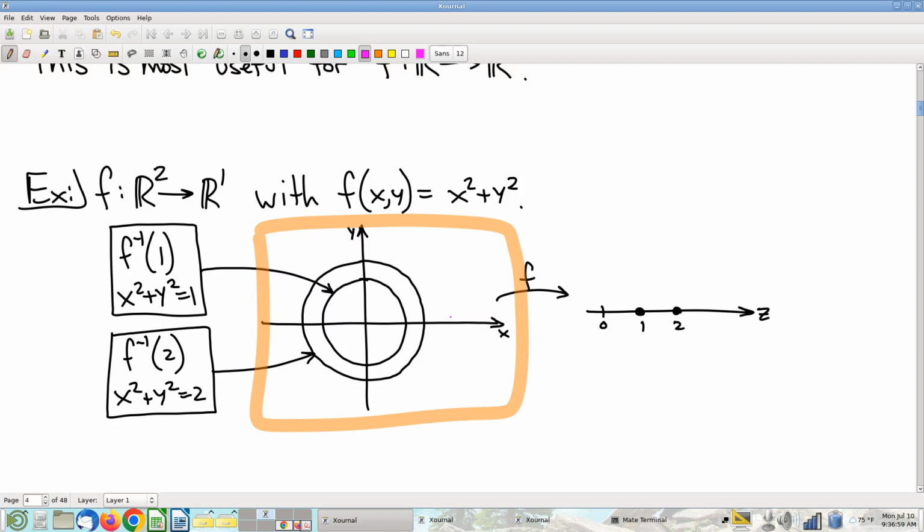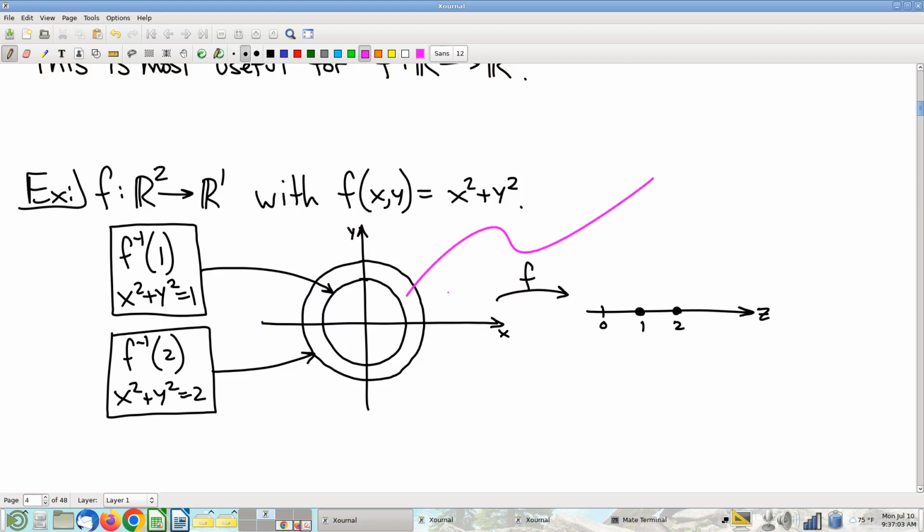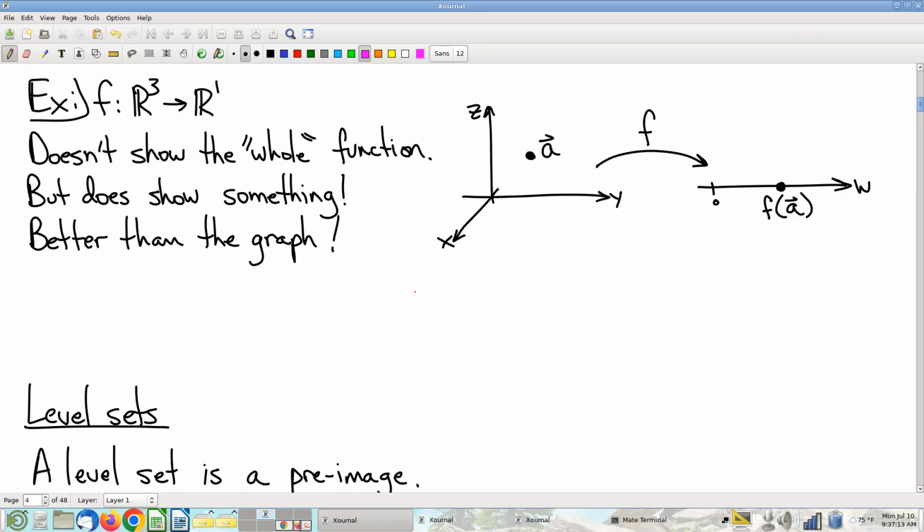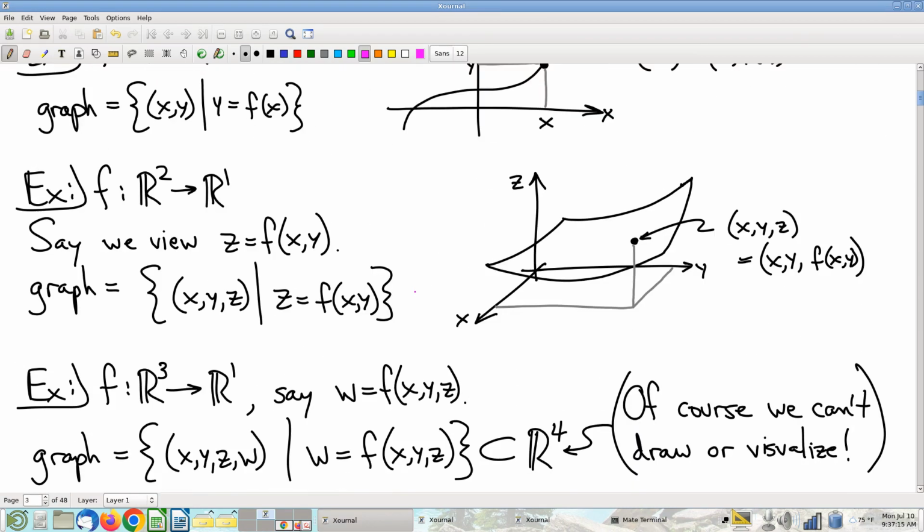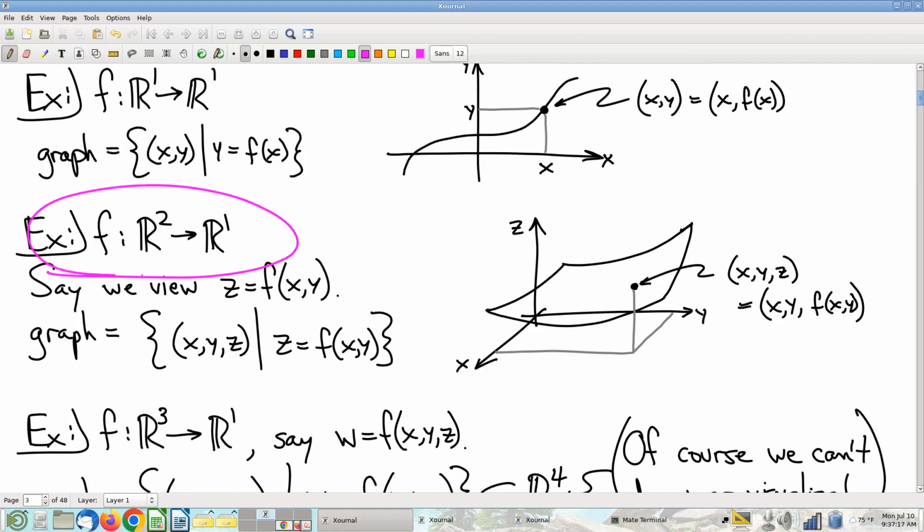Now, before I go on and show you an example, I do want to address the complaint of, look, I didn't draw anything in that little spot. I have no idea what's going on there. Doesn't that make this dramatically disappointing compared to graphs? I will point out that if you look back here to when we drew a graph of this function right here,